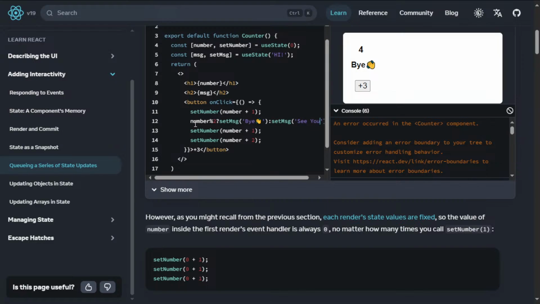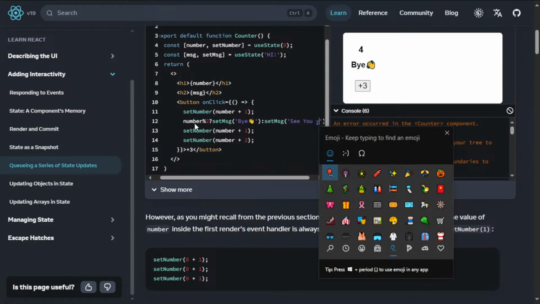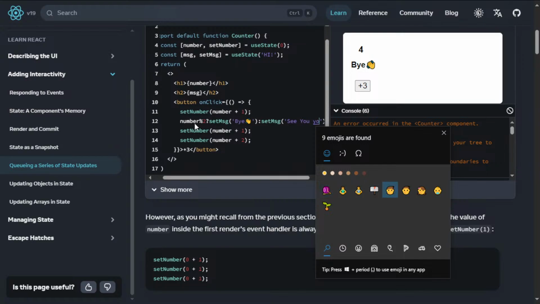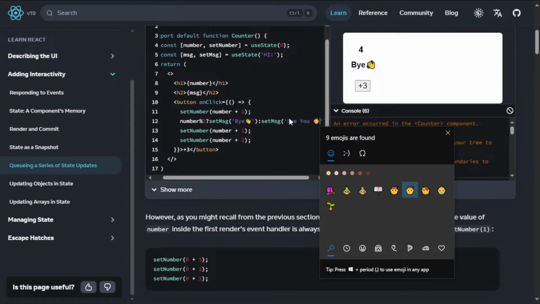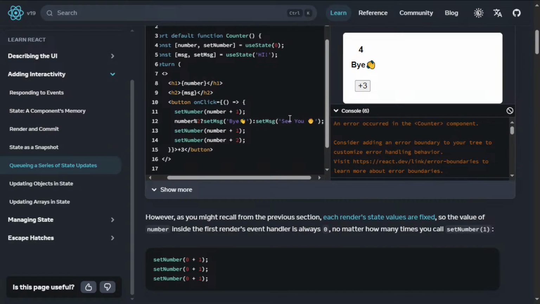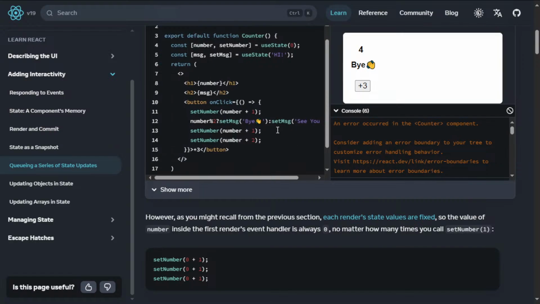"see you". Okay guys, so when my number is even, my message will be "see you". When my number is odd, my message will be "bye". Now the next number will be 4 plus 2, it's always increased by an even number, so it is always going to say